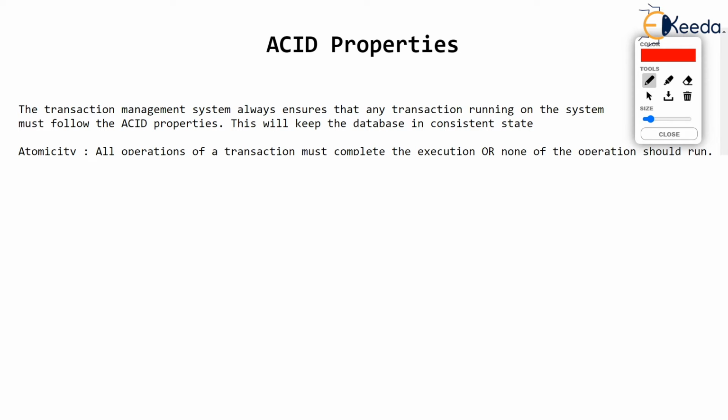Now, this consistency is obvious. The result generated by a transaction must be correct. Who needs a transaction which will complete but will give an inconsistent result? We want the result as expected, isn't it? If we manually run the transaction on paper and we know that before the transaction these were the values and after the transaction these should be the values, then those values must be generated. So consistency is obvious, isn't it so?